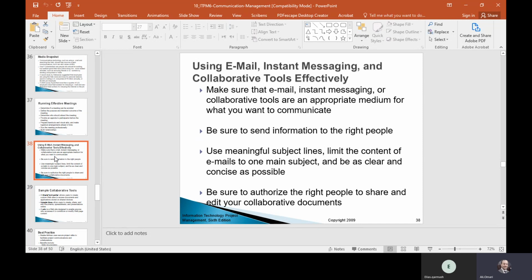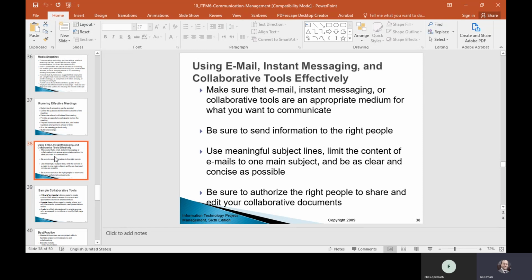Choose your wording. Be very careful when you send the email only to the appropriate people, the right people. You don't want to release some information to the wrong people. And the wording and the subject is the main thing.